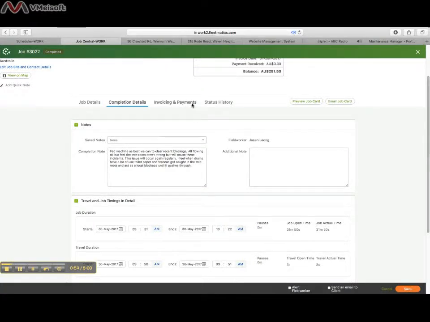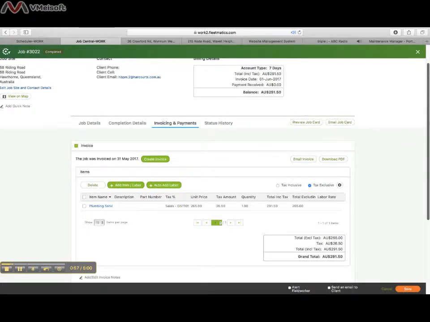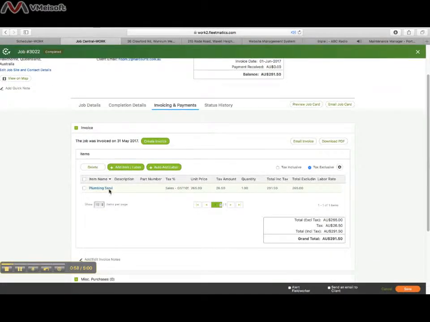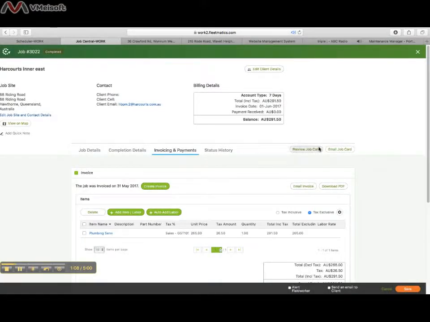We then go across to invoicing and payments. And as you can see here, the invoice has been completed, and you can check that by clicking on plumbing services, and that will obviously give you the breakdown of the invoice. So what we need to do is head over to Maintenance Manager,